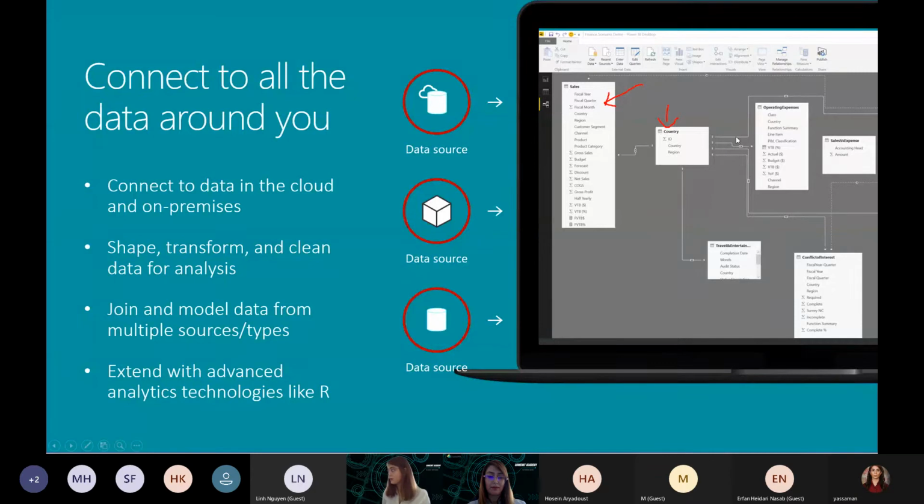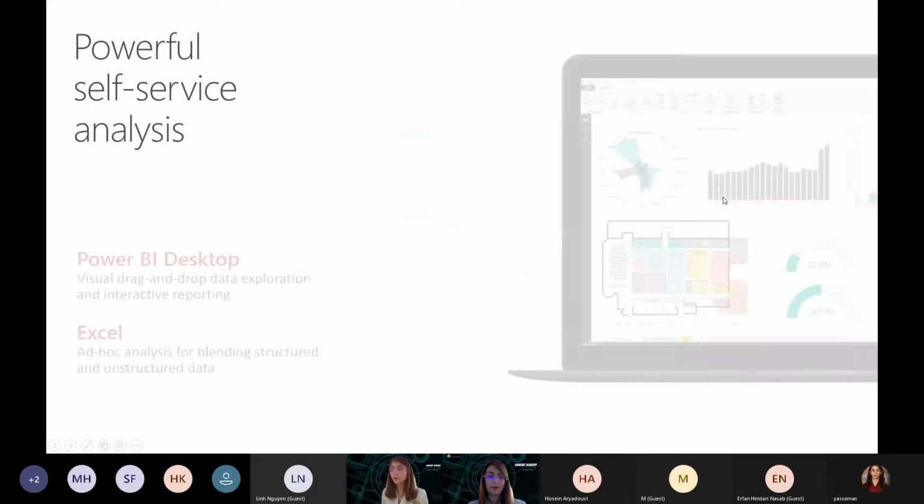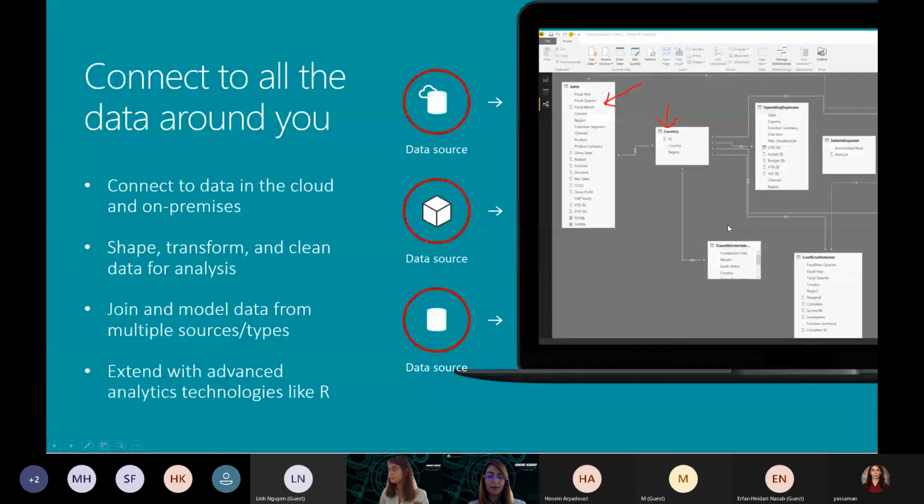This here, as you can see, is a data model inside Power BI, and this is one of the most important things when you are developing your report. Of course, there are so many reports where you don't need to create a data model. You just have a flat Excel file, Excel table, and that is your main source.